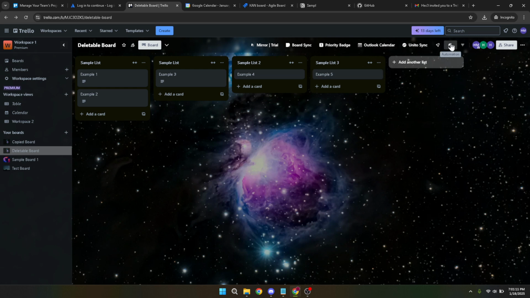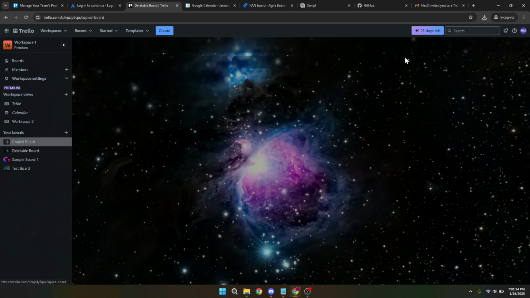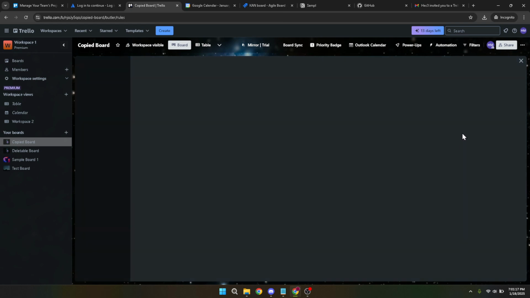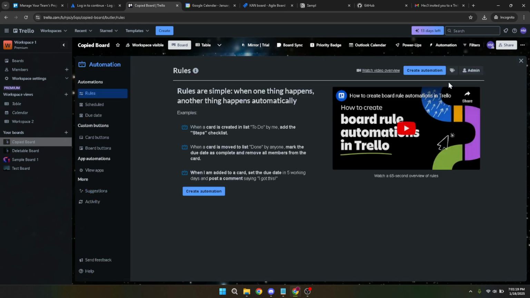Next, click on the Rules tab. Rules in Trello Automation are essentially a set of instructions that trigger actions based on specified conditions. After selecting the Rules tab, you'll see an option to create a new automation. Click on Create Automation. This step is crucial because it's where you'll be defining the specific criteria and actions for